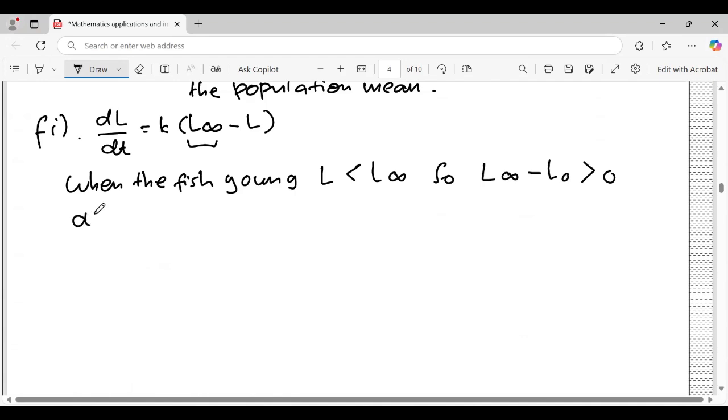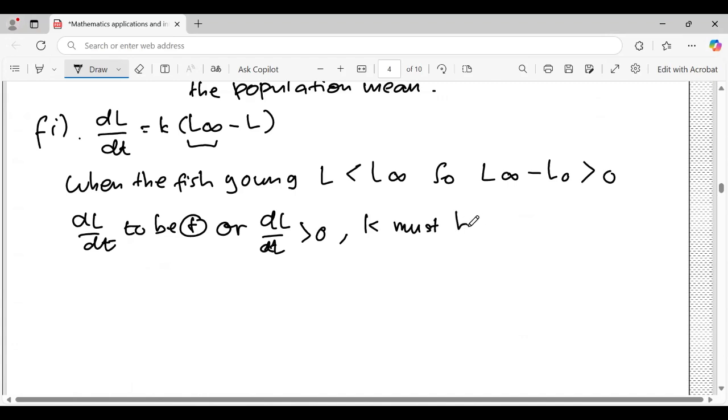Next, for dL/dt to be positive, or we can state dL/dt greater than zero, the implication is that k should be positive also. So the answer is that k must be positive